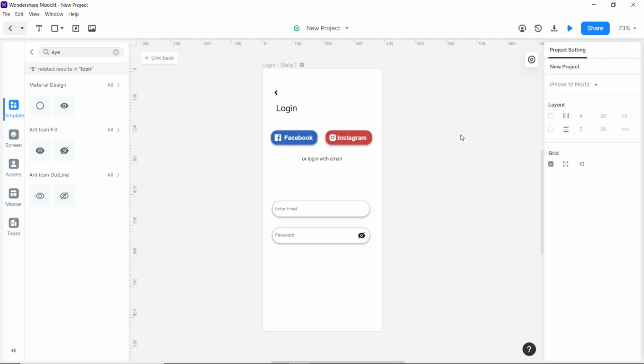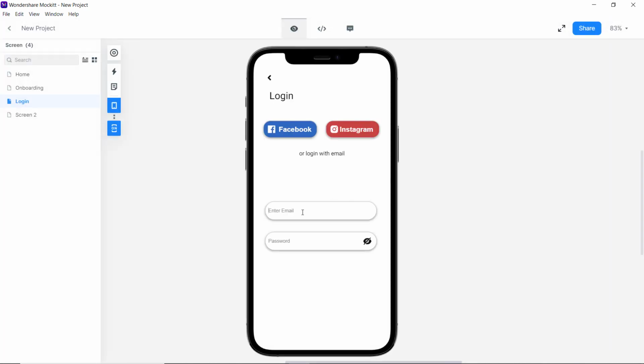If you are into prototyping or you just want to showcase your idea to someone, this tool is really a gem for you. In a few clicks, you can create a mockup which is incredible and responsive.